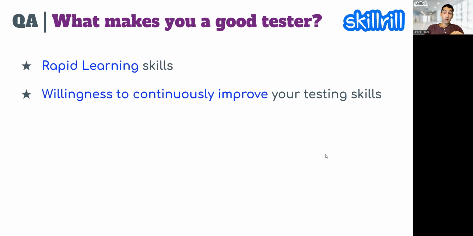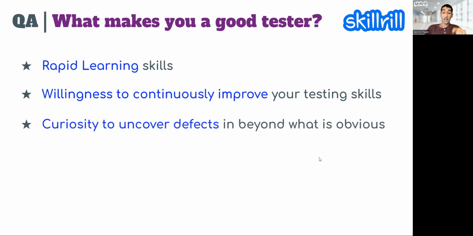and technology changes fast, right? The next one is curiosity to uncover defects beyond what's obvious. Why do I say beyond what's obvious? Because the requirement documents, or the user stories if you're working in an agile environment, are not always the whole story.